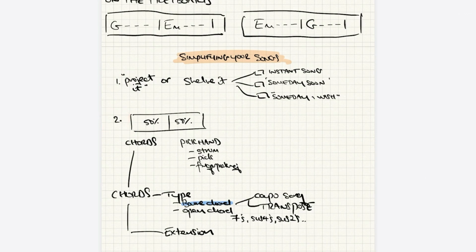The next thing was to look at your hands and think of them in 50%. And we spoke about simplifying your chords. The chords could be simplified by type. So if you met a bar chord, you know what to do, the transpose. And if you met an open chord, you could simplify. Right, those are the two key points. And the thing about this is,